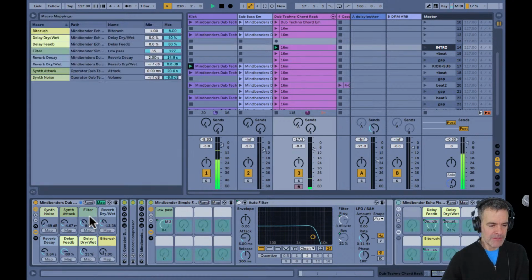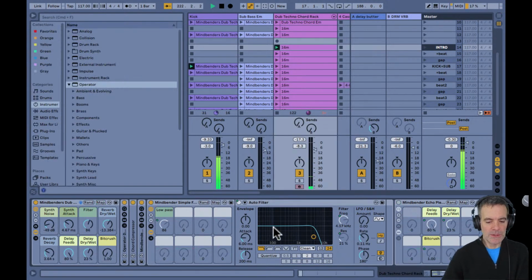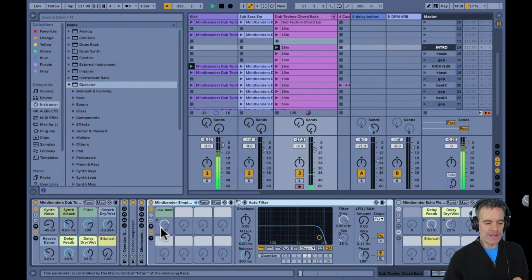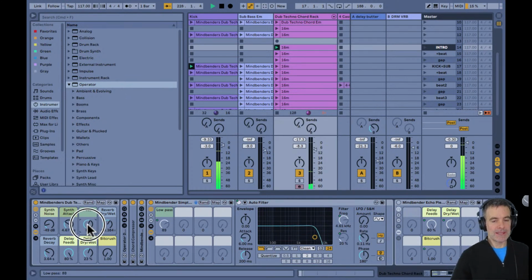to get it out to the main macro section. How do we do that? Click on the knob, it says macro 3, it's assigned to the knob called filter in the main rack. So what we're doing is taking a simple auto filter plugin, doing frequency and resonance mapped to one knob on this instrument rack, and then taking that one knob and bringing it out to the main macro knob rack so we have all those controls available. That's a really good way to get multiple modulators happening with one touch out at the macro level, at